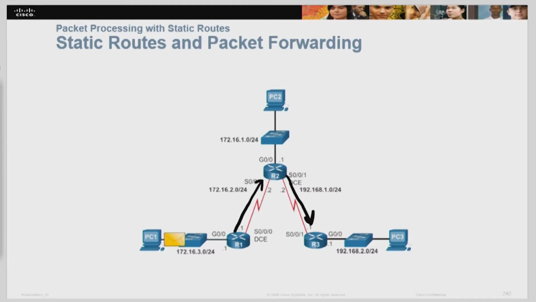So as PC1 talks to PC3, we ARP for the router, get the router's MAC, send it here. We send it out the serial 000 interface to R2, the .2 address. The .2 address on R2 sends it down to the .1 address on R3, and then R3 finally sends it over to PC3. But we did, in fact, have to make static routes here,